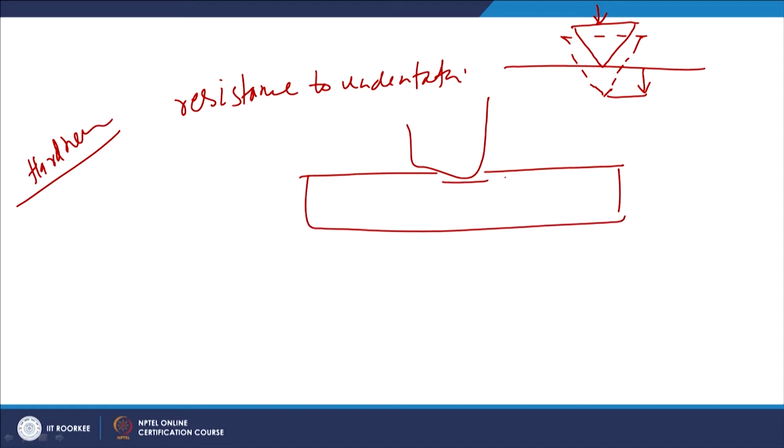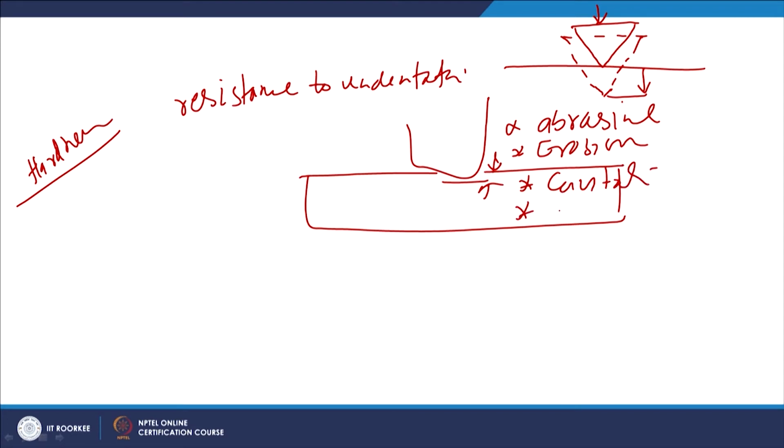So, it will be indenting by some depth. Under the abrasive wear conditions, under the erosion conditions, under the cavitation conditions and even under the adhesive wear conditions, this depth of indentation due to the hard particles which are being pressed onto the surface